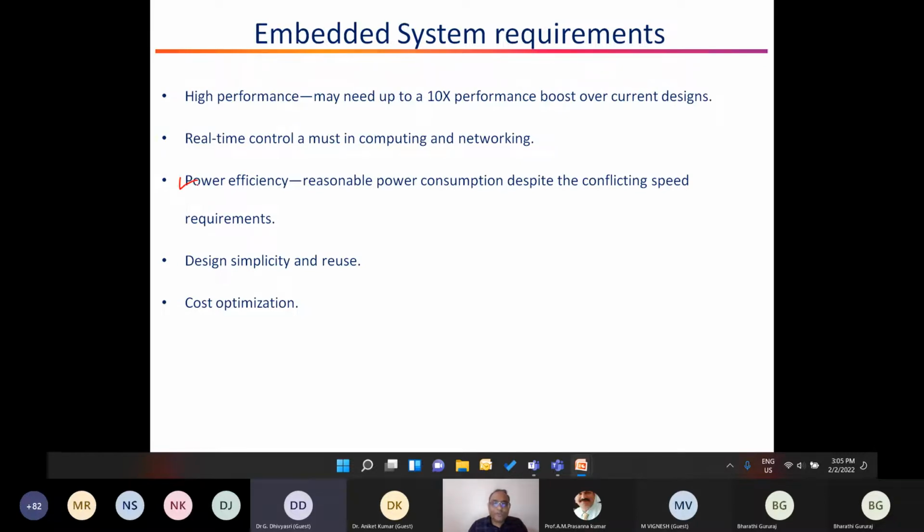This will always pose new kinds of challenges, because with so many sensors working, so many protocols running all the time, and so many systems running at the same time, the power consumption is always going to be a concern. In addition to that, there has to be design simplicity, and we should be able to reuse these setups. And of course, cost is one factor that needs to be looked into. Again, there is always going to be a trade-off, whether we go for cost optimization or for design simplicity. So it will always pose good challenges.